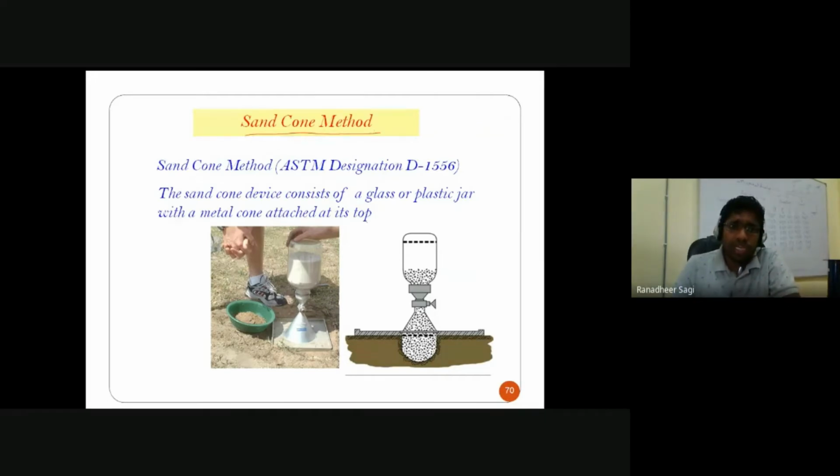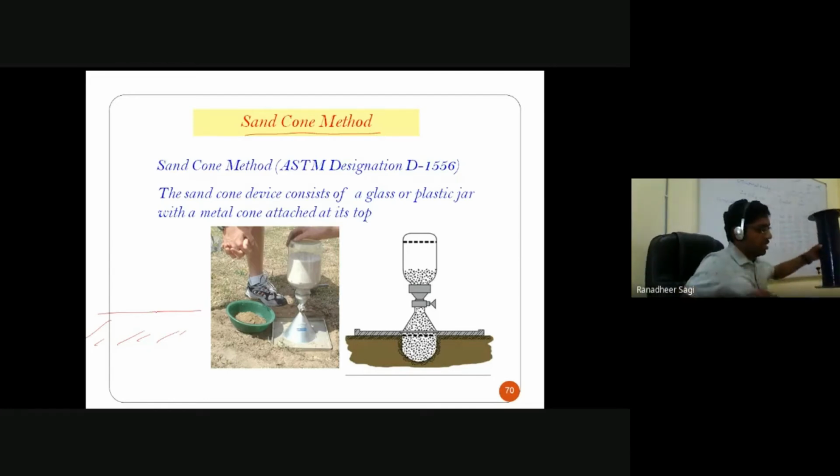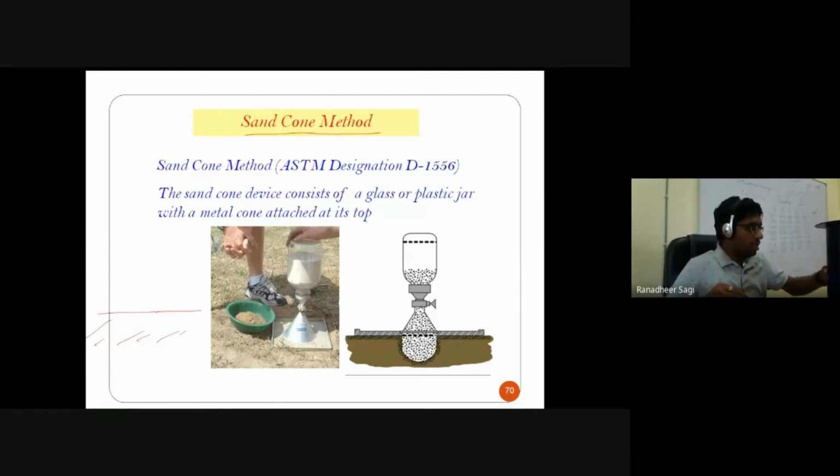So what do we do in the case of this sand cone method? Let's say, for example, this is my ground. For the soil which is there, I want to find out the density. What is the density of the soil existing in the field? I want to determine that particular density. So I'll just show you the equipment we use in our lab for carrying out this sand cone test, or sand replacement test.